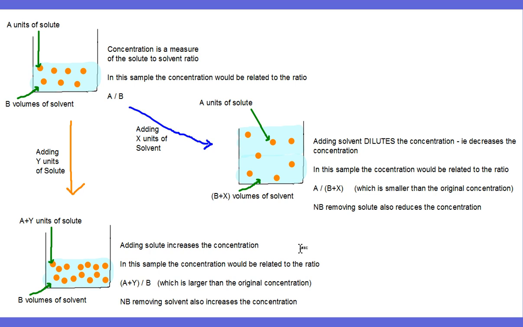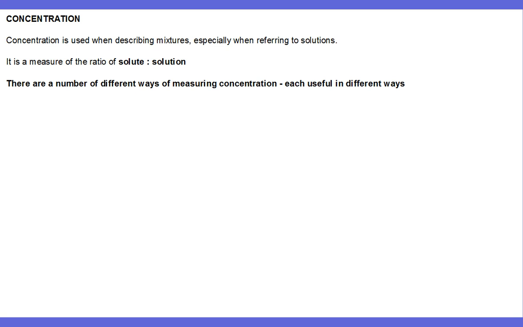and that's the way you usually increase concentration. Usually you increase concentration by adding more solute, but you could also remove solvent to increase concentration. So for example, you could heat this up and boil off some of the solvent, and therefore the concentration would go up. Let's go back to looking at the different ways of actually measuring concentration, the useful ways,